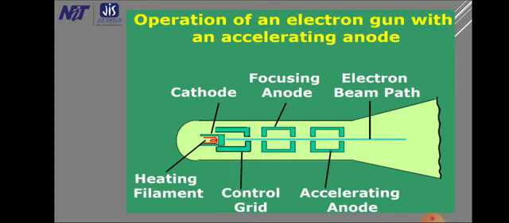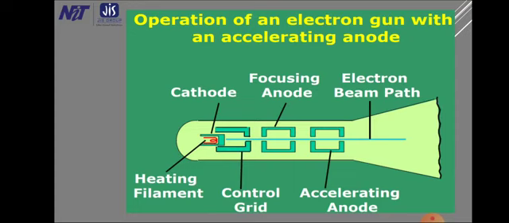That will be controlled by the negative voltage in the control grid. So if we reduce the amount of voltage in the control grid, meaning the negative voltage is reduced, we are allowing more electrons to pass through the beam, and it will be higher. The intensity on the screen will also be higher. Whereas if we increase the voltage of the control grid, we are allowing fewer electrons to pass through, the intensity of the electron beam will now be less, and you will have less brightness on the screen. So that is the function of the control grid, which has negative charges.